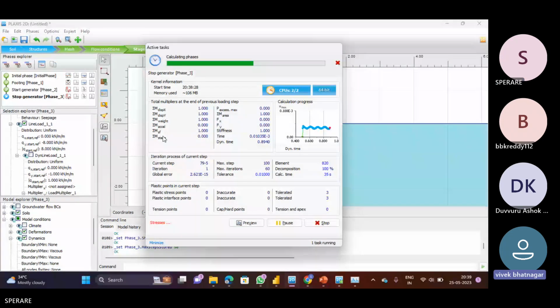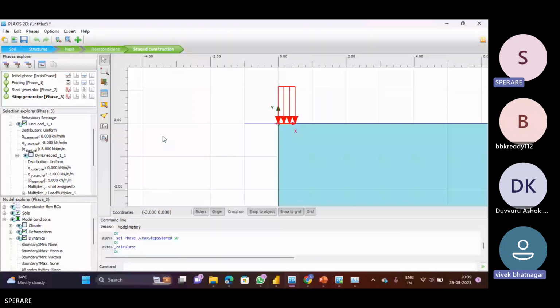That is why I'm asking which is the source. We don't need to create it for everything. We have to create it for the dynamic analysis for the source part only. Who is generating these particular vibrations? Only for that particular one, we need to assign the dynamic part. Now, when you just go here,